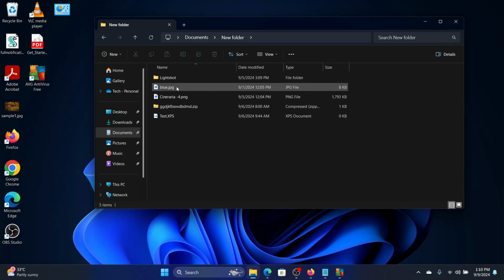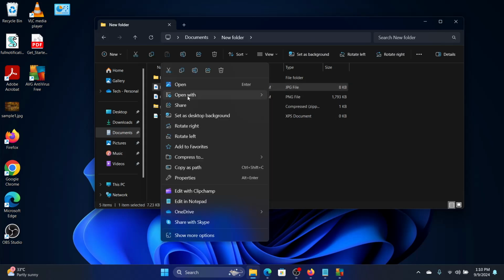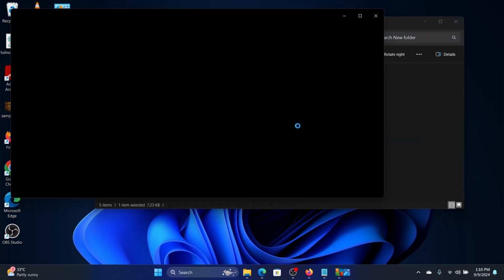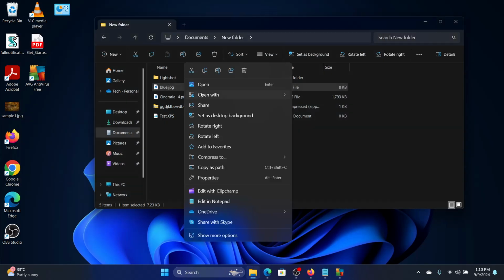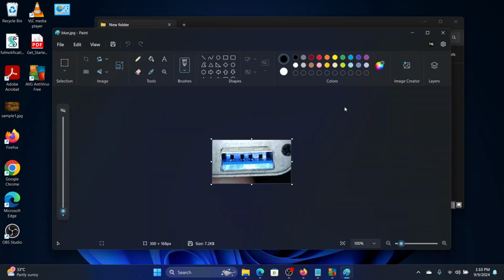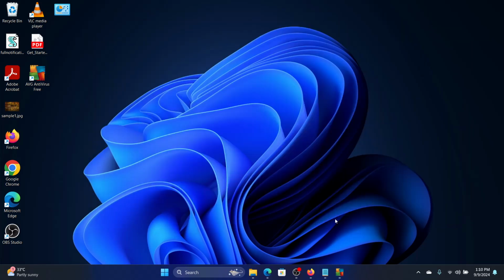So right now I will right-click on it and then I will click on Open with, and I can open it with Photos and it opens, or I can open it with Paint and it will open. But if it doesn't open with Photos or Paint, the next thing to do is to update the apps Photos